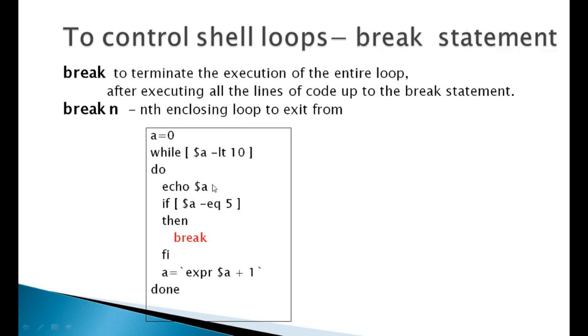It will be printed and then it will check whether a is equal to 5. So you get the answer as 1, 2, 3, 4, and when a becomes 5, you have a is equal to 5, you have then break. That means control will come out of the loop. This will not execute these two statements and this will not continue with the while loop also. That will exit from the loop. We'll try this example.